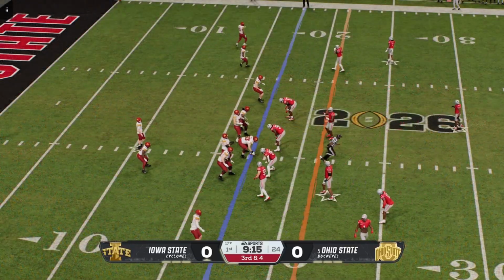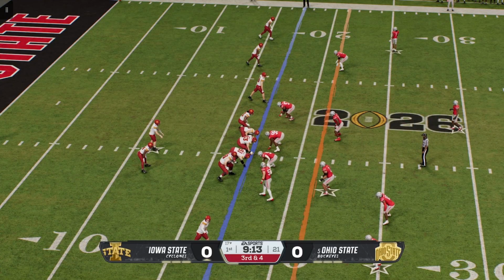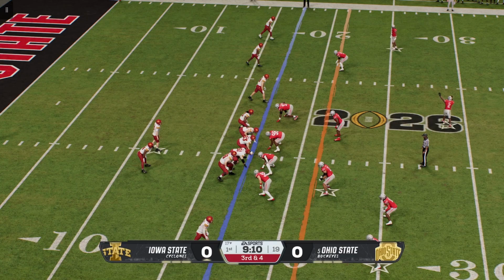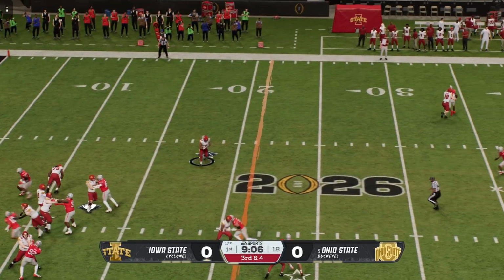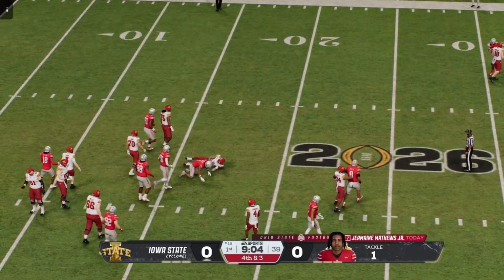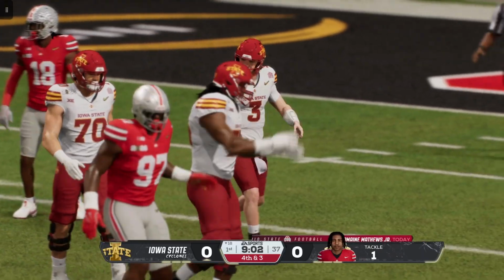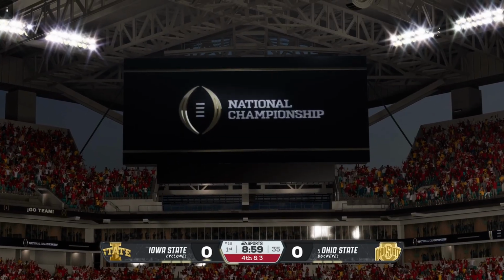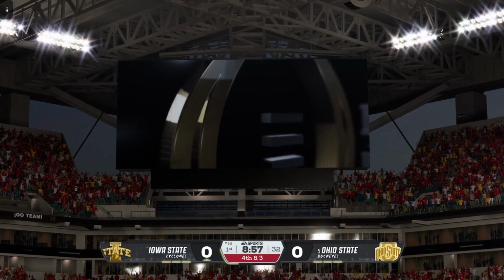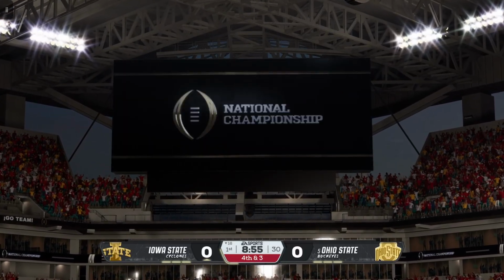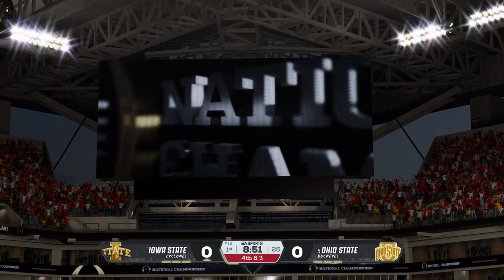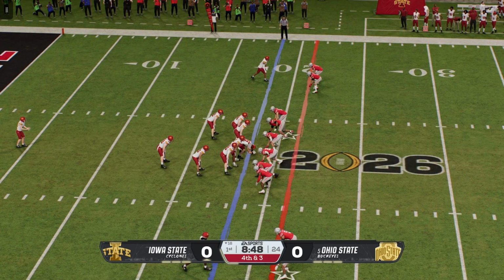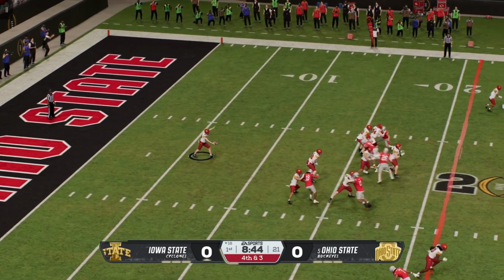They face third down, trying to build momentum early in this national championship game. Out of the gun now on third down. Catch made over the middle. And he's tackled just short of that first down marker. Good job by the defense. Well, you can tell the quarterback knew exactly what he wanted to do with the football. He was going to that in route no matter what. He hits it for a nice gain. The Cyclones will have to kick it away. The offense forced to punt for the first time tonight.